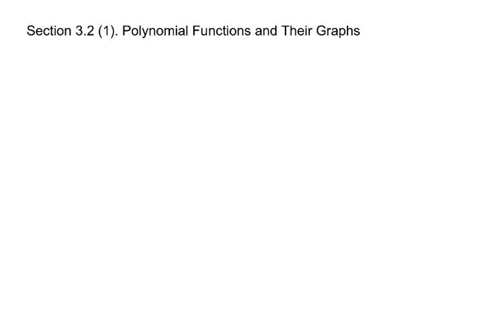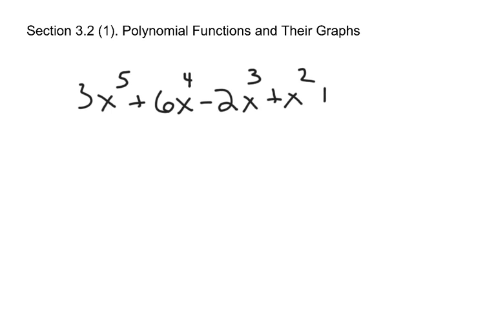In section 3.2, we're going to talk about polynomial functions and their graphs. But the first thing that I want to do is establish some vocabulary. If you have a polynomial, such as 3x to the fifth plus 6x to the fourth minus 2x to the third plus x squared plus 7x minus 6, we're going to call the monomial at the beginning the leading term,